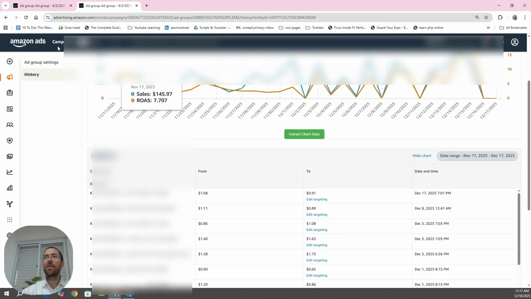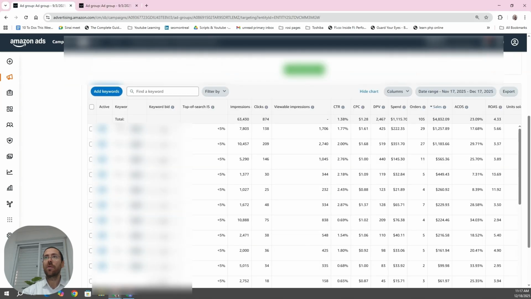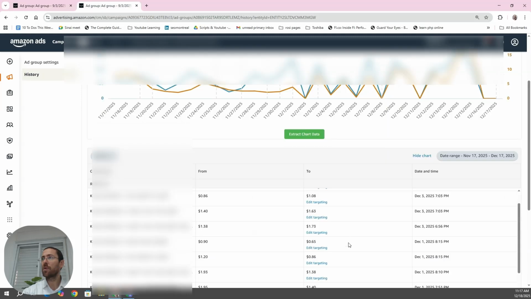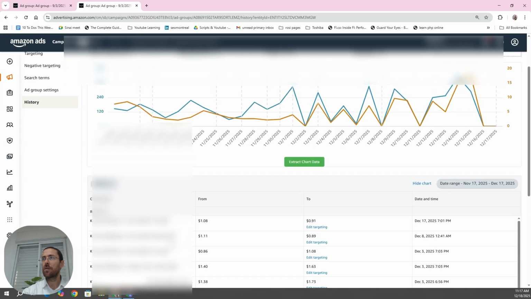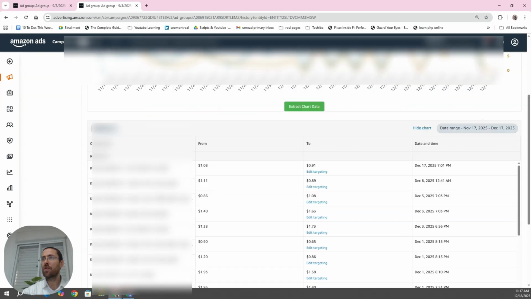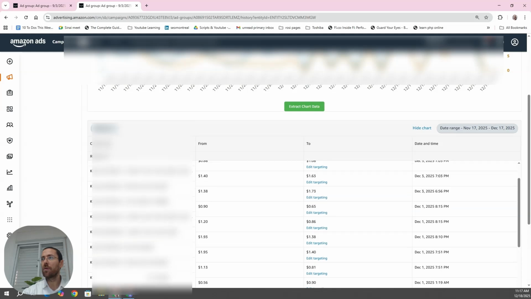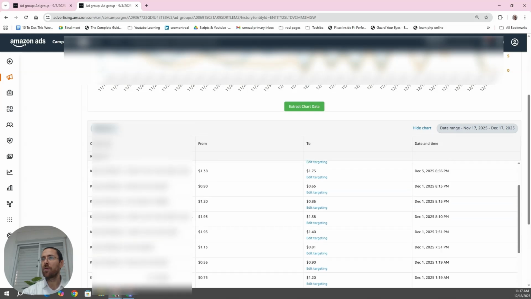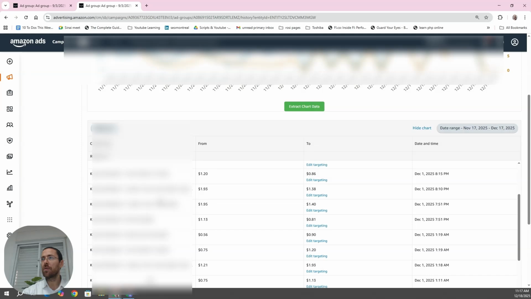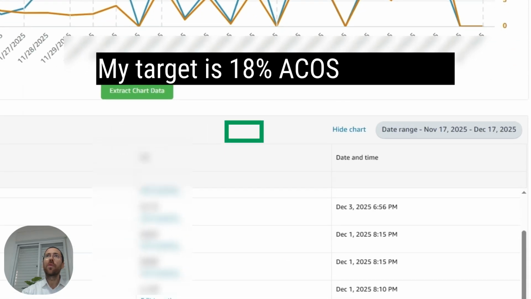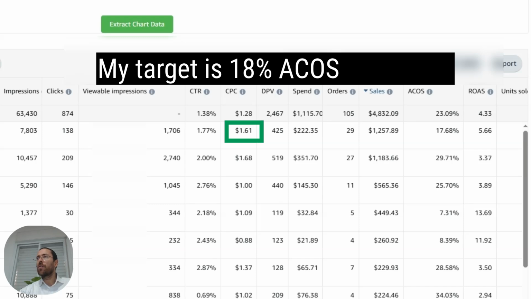So looking at this real quick, this is that keyword. We raised it a couple weeks ago. We raised this a couple weeks ago, and I don't see that the other one was changed unless I'm missing something. Or it happened a while ago, possibly. Okay, so if I come back over here,